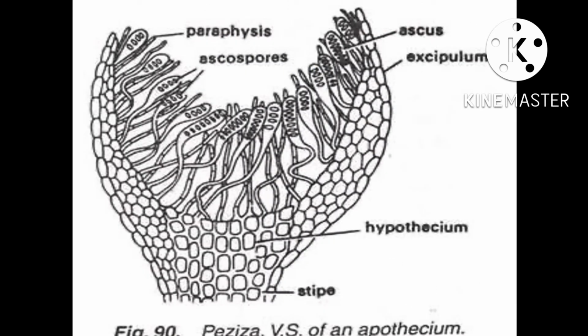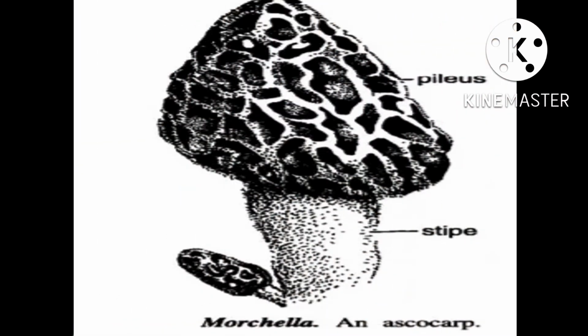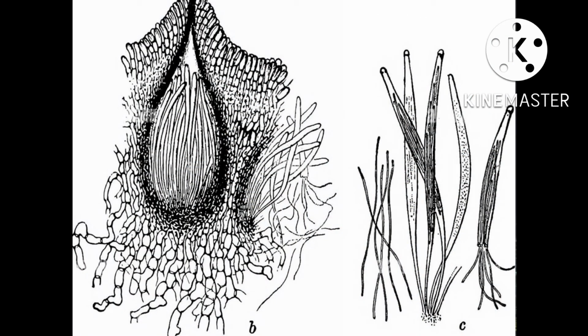The first one is the apothecium. Here you can see the structure. This is the apothecium, in plural apothecia. These are cup-shaped or disc-shaped fruiting bodies. The club-shaped asci are intermingled with sterile paraphyses in the upper fertile layer called the hymenium. Just below the hymenium is the subhymenium and the fleshy part, the hypothecium. In this picture you can see examples like Peziza, Morchella and Ascobolus.